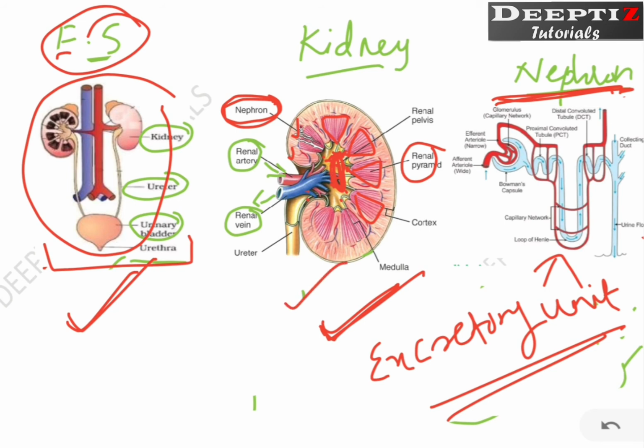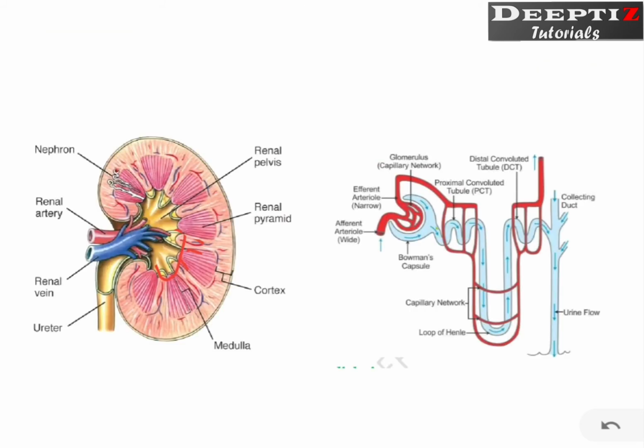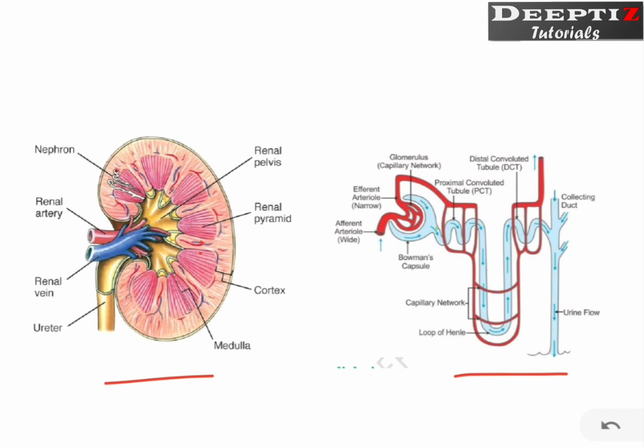Kidney filters the blood to form urine. Who helps the kidney to filter the blood? Actually, these nephrons. There are millions of nephrons present in each kidney. This structure, right? Nephron helps in the process of filtration of urine from the blood. Now, two diagrams are given here. We have just now explained both of these, just for you to revise, we'll see, right?